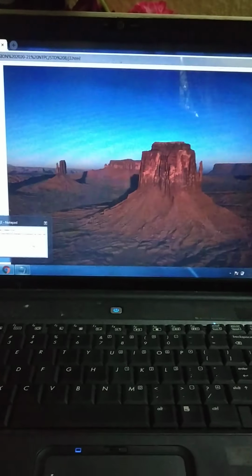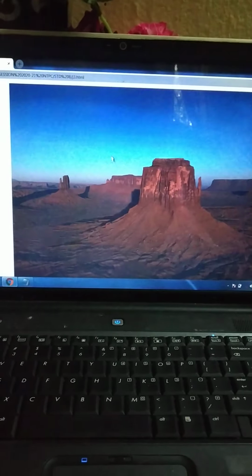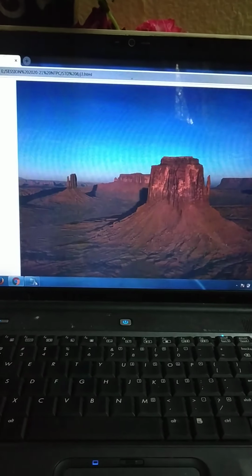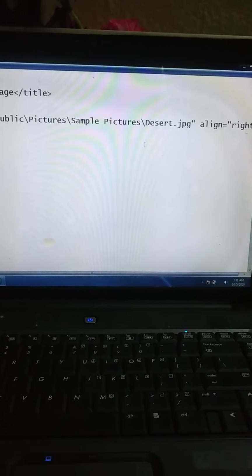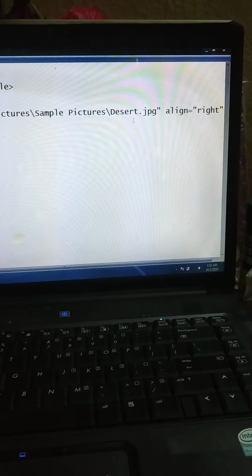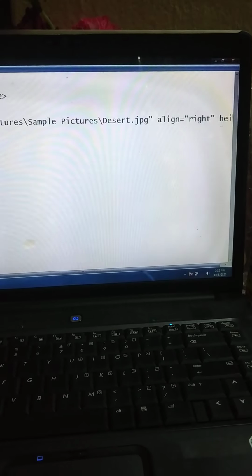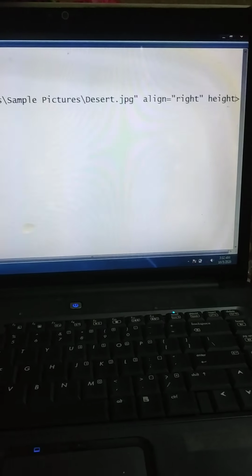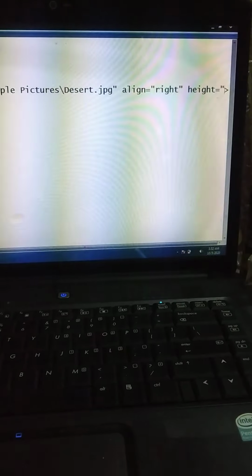Now what about the image? It is so big and I want to make it small. Okay, so let us do that. Again after this right, I'll give a space and then write height, H-E-I-G-H-T. It is another attribute within double quotes.